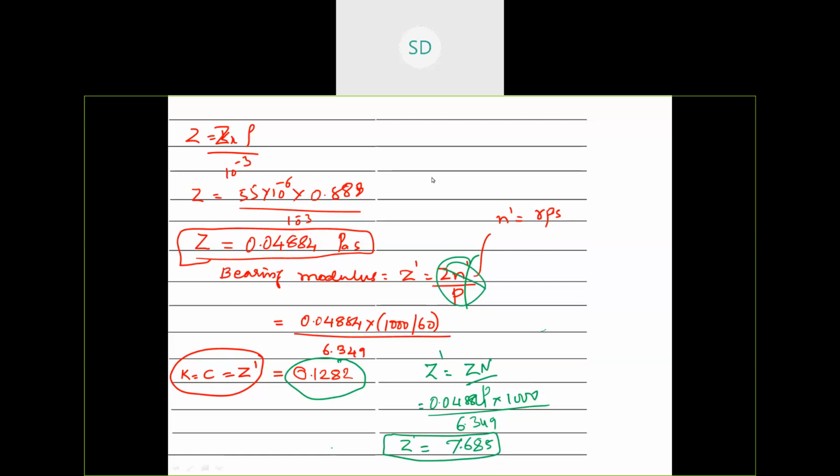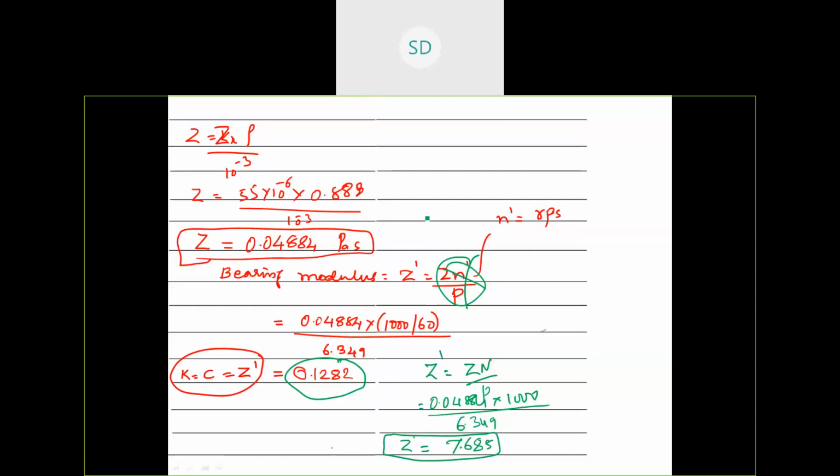Now, the recommended value from the data handbook, for what type of selected engine? Gas and oil engine is four stroke. Yesterday I took this four stroke engine, so the bearing is made for it. It is 4.8 to 8.2 as the suitable substitute start, and the minimum value is 2.9.